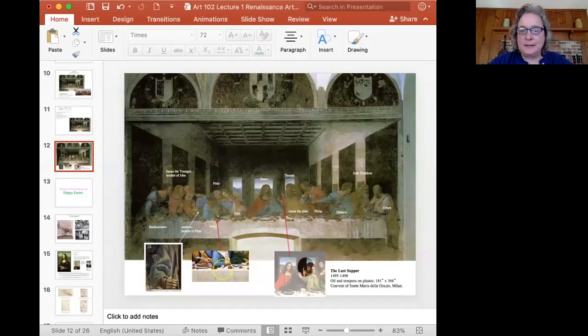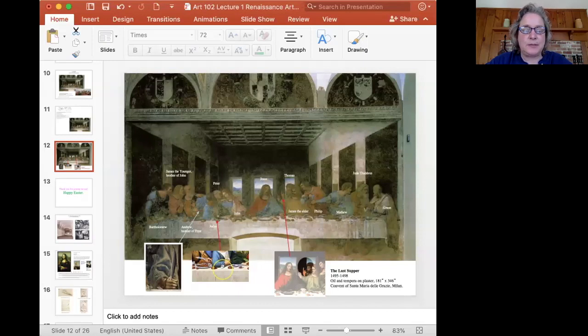I got the idea to share a summary of the Last Supper from my cousin Ellen. So here it goes. This is Leonardo's Last Supper that he painted for the Duke of Milan in Milan between